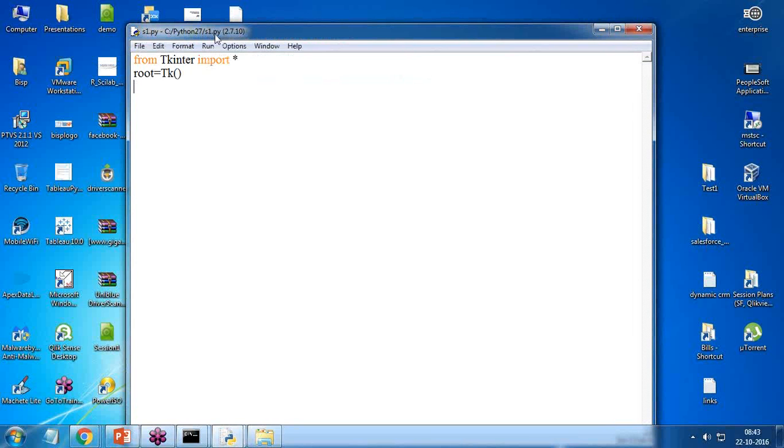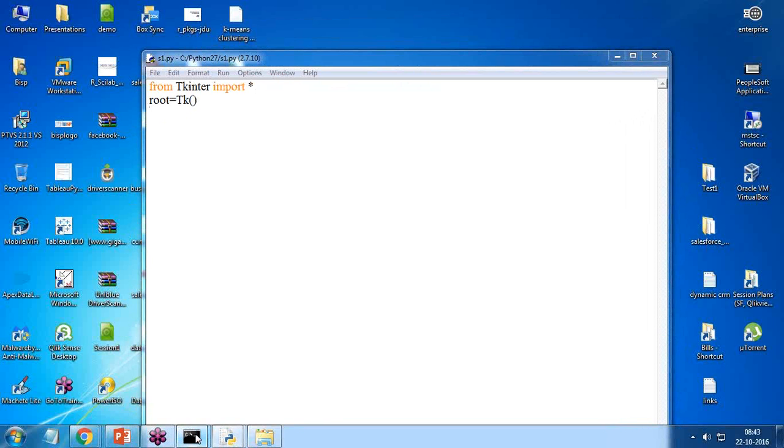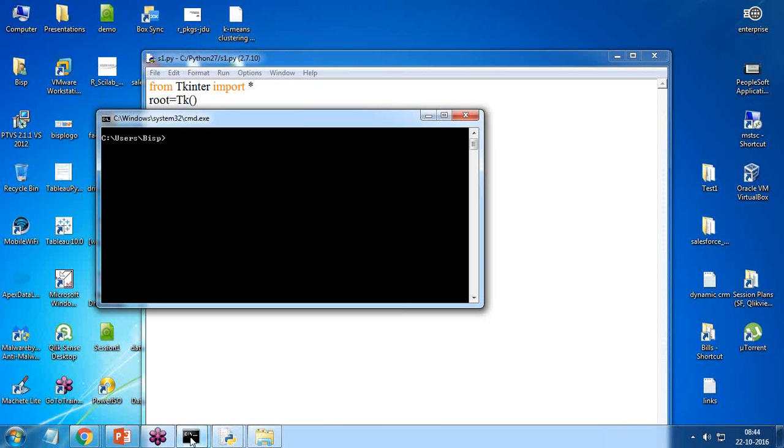Right. So from Tkinter import star, or if you just wanted to make sure whether Tkinter is installed or not,